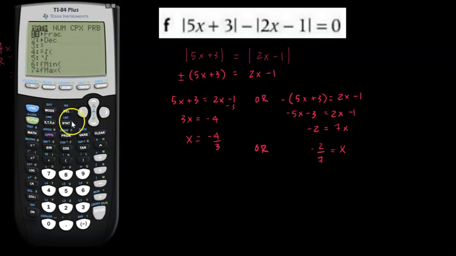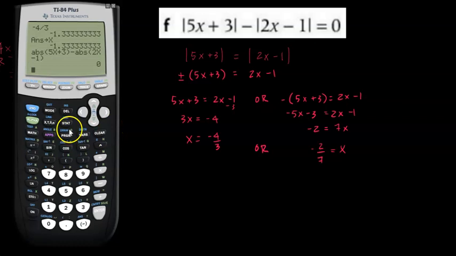I'm going to go into math. I'll put absolute value 5x plus 3 minus absolute value 2x minus 1